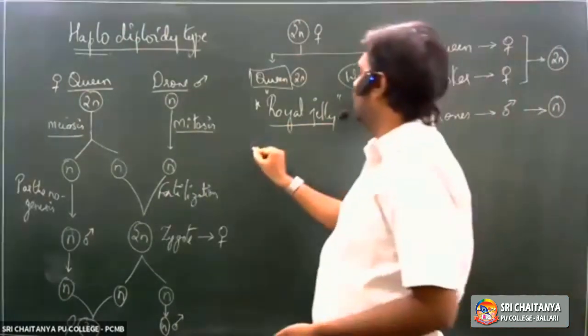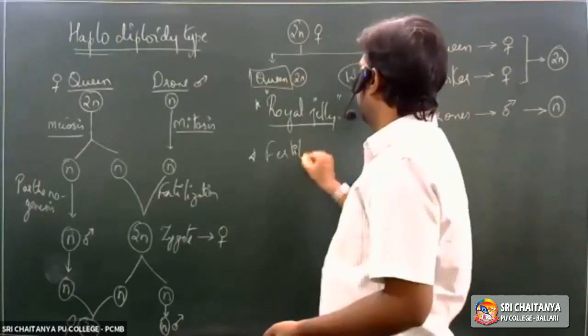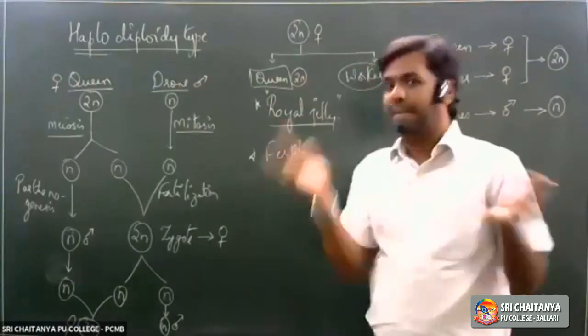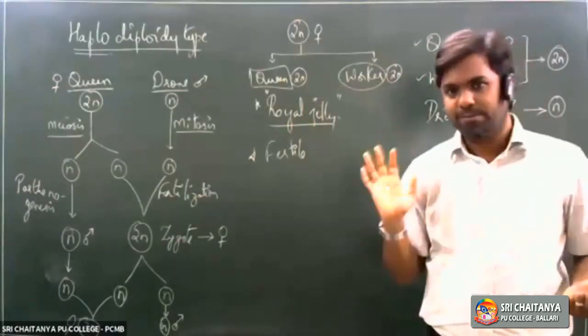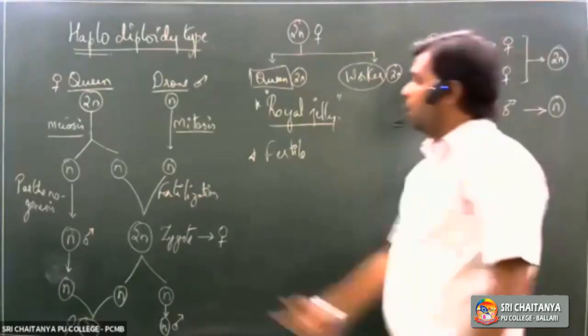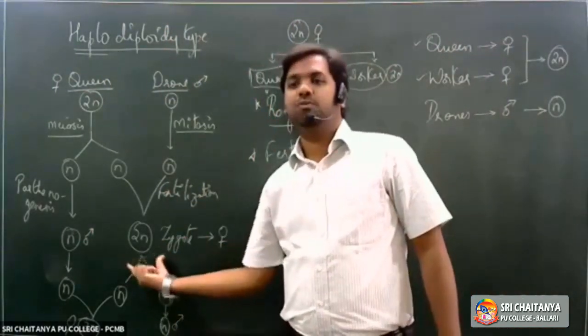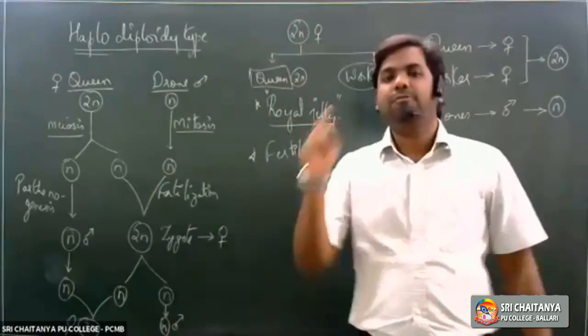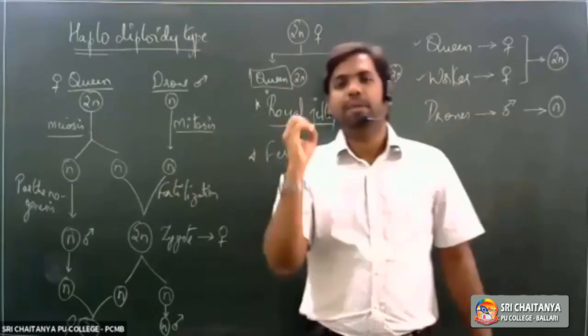Now this queen bee will be the fertile bee in the complete beehive, whereas the workers are not fertile. So this is what we have. What exactly have we seen here? Once a diploid zygote is formed, among these female organisms, one female organism would be selected, and that female organism